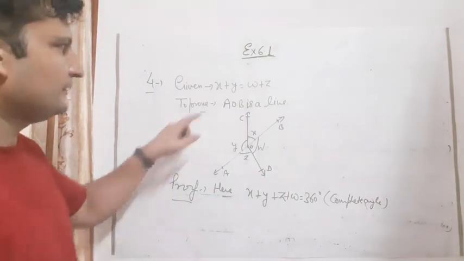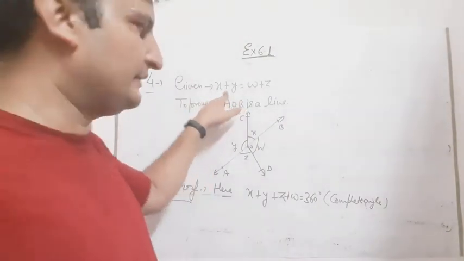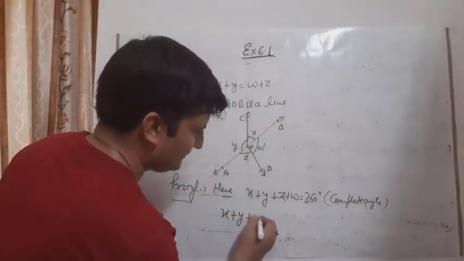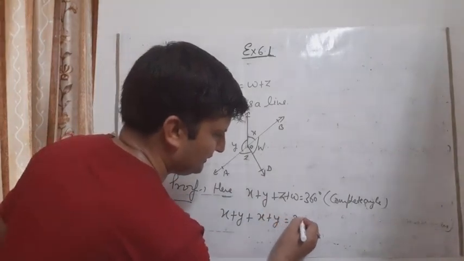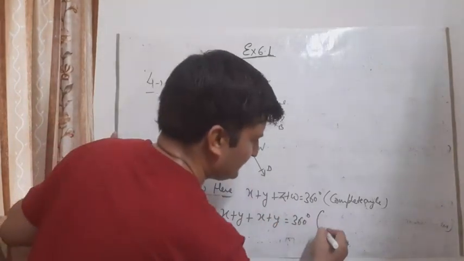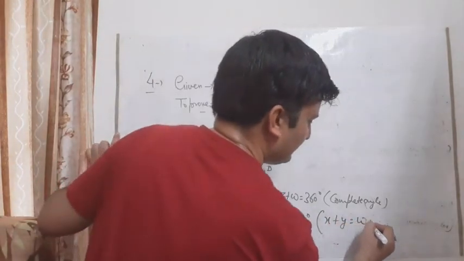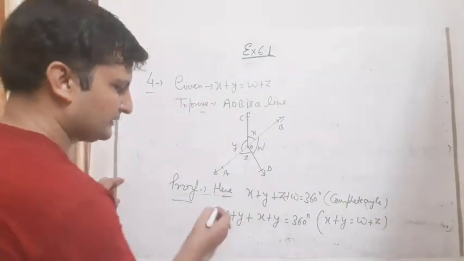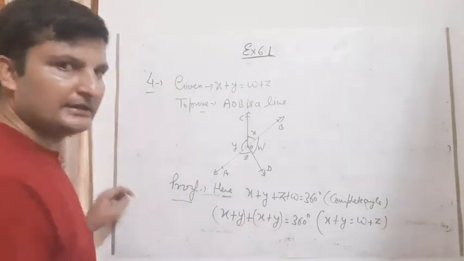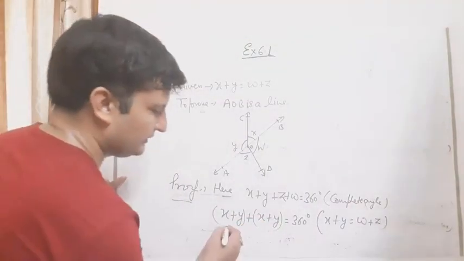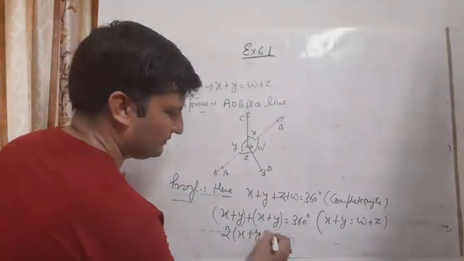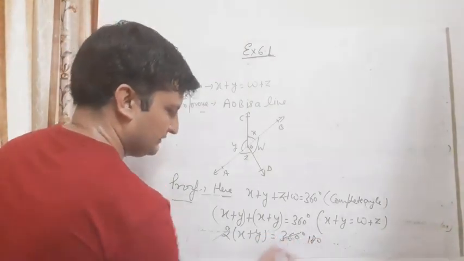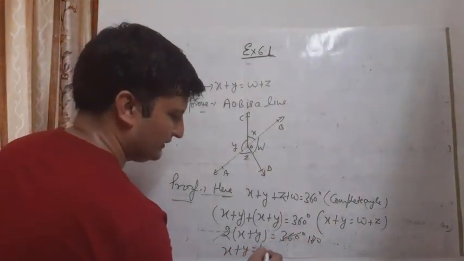So what we will do? It is given that x plus y is equal to w plus z. Now put the value of w plus z here. We can say that x plus y is equal to 360 degrees, because you can write x plus y is equal to w plus z. It is given. So what we will do? x plus y plus x plus y. How many x are here? 2. And how many y are here? 2. So we can say that 2 into x plus y. We have taken 2 common, 360 डिग्री. 2 से कट कर दीजिए इसको 180. So x plus y is equal to 180 degrees.